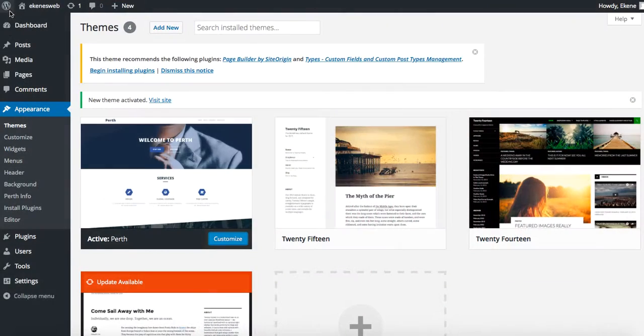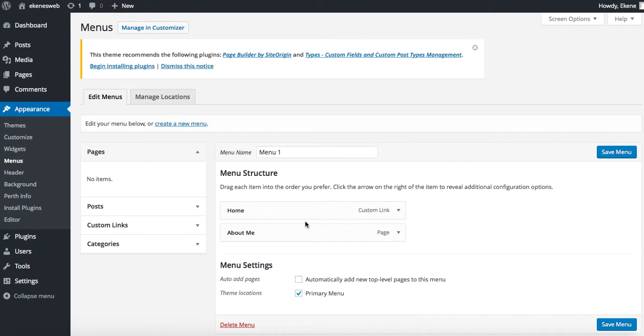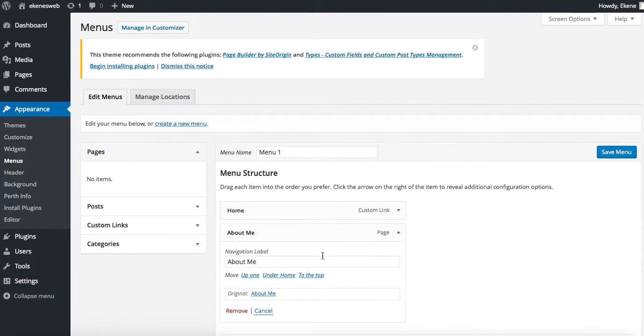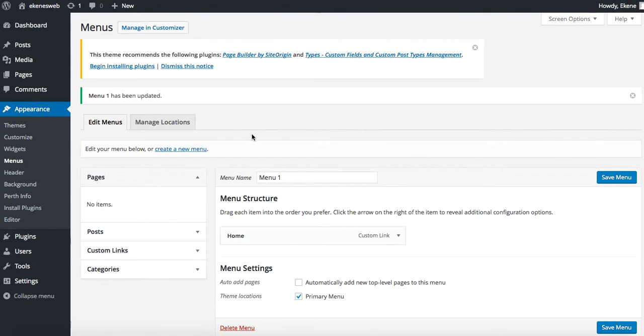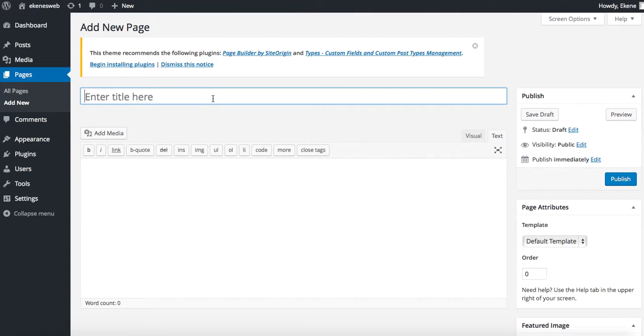Now I want to jump back to the WordPress dashboard so you can see exactly how that works. Under the Appearance tab, there's a menu section where I can even go in and add the necessary pages I want to be shown. So let's go ahead and save the menu. So right now we'll go ahead and create a page called About Me,